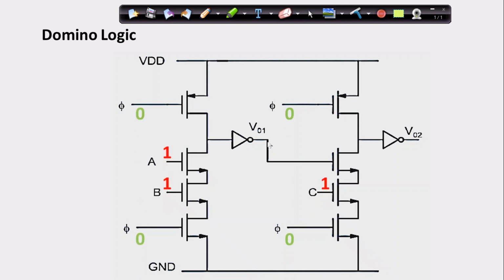Now let us consider the same scenario, in terms of the pre-charge phase. In the pre-charge, I was supposed to get 1 over there. I have applied 1 over here, so I'll be getting a path directly connected to VDD.